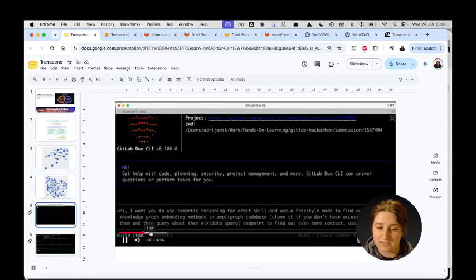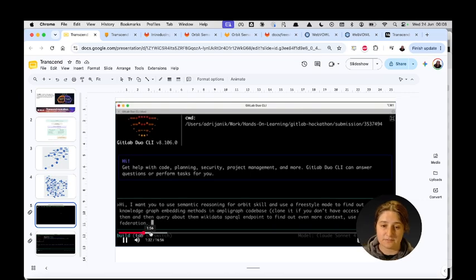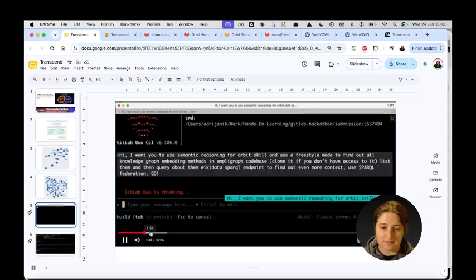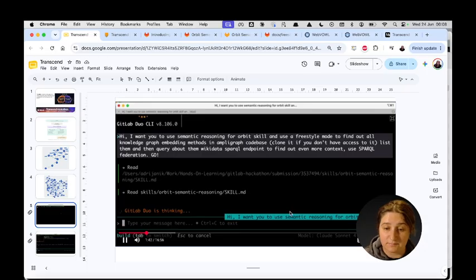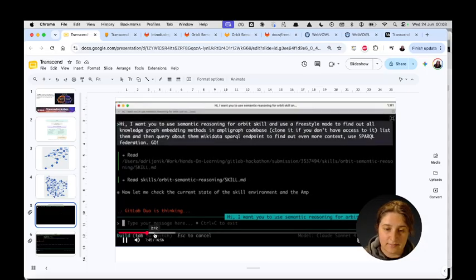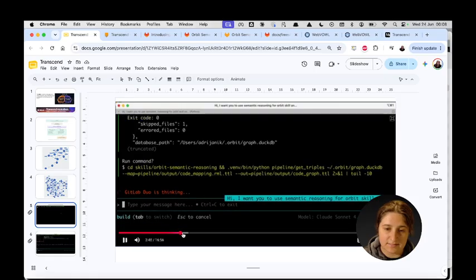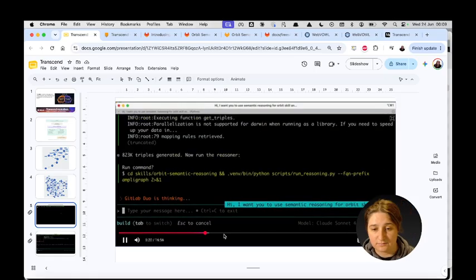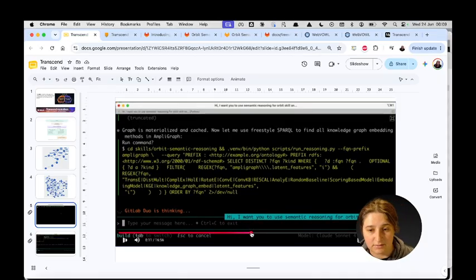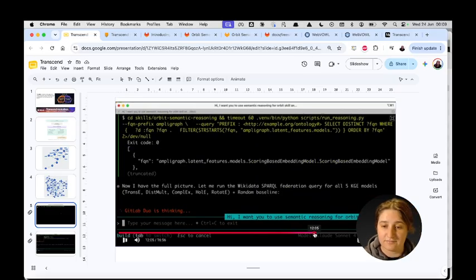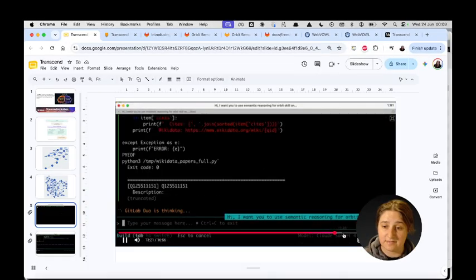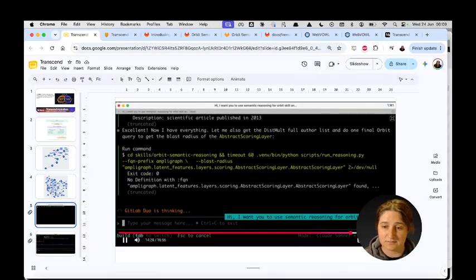So I'm not only interested in the code base, but what if I want to know what's beyond the software space, who came up with this method, which paper introduced that. So hopefully Wikidata will help us with that. And here we can see that GitLab Duo is doing many different setups, running the skill, running SPARQL queries on top of the graph, and then at the very end, and I'm fast forwarding here because it takes quite a while,